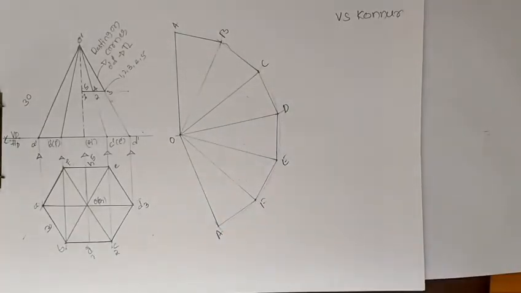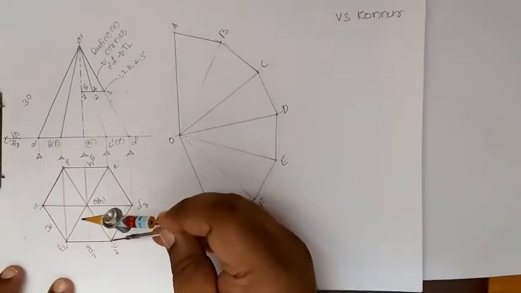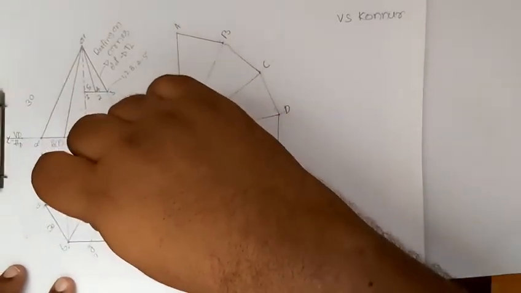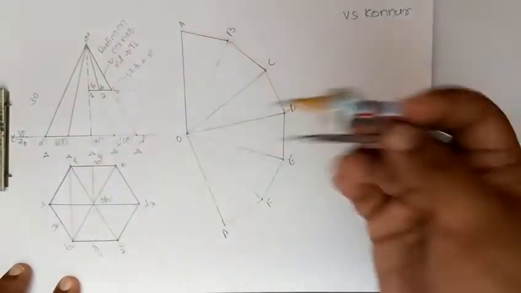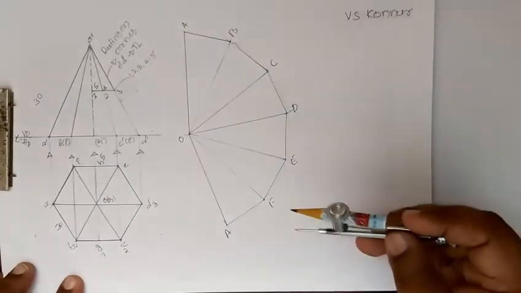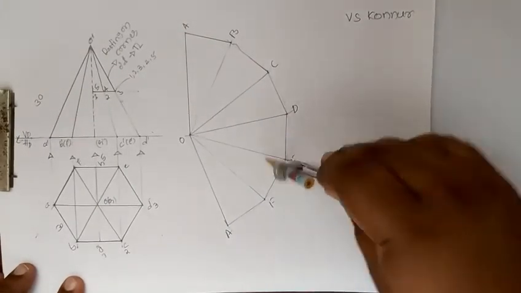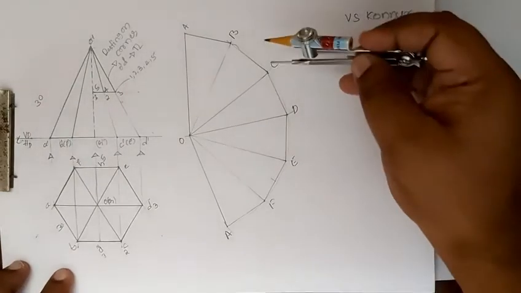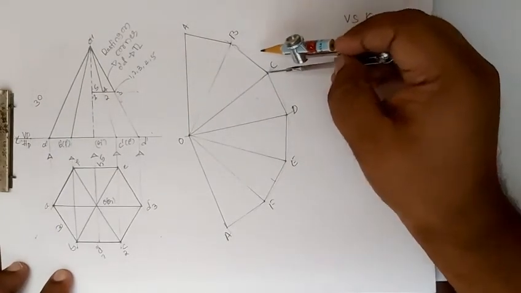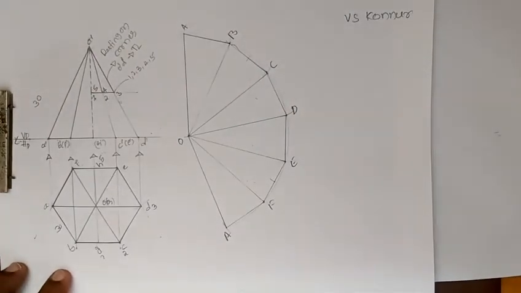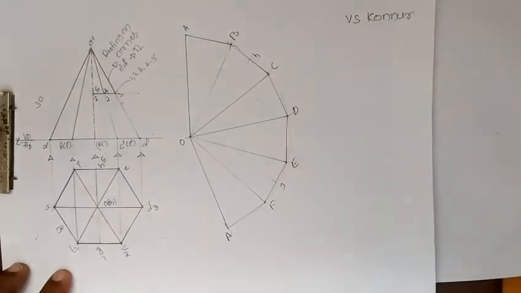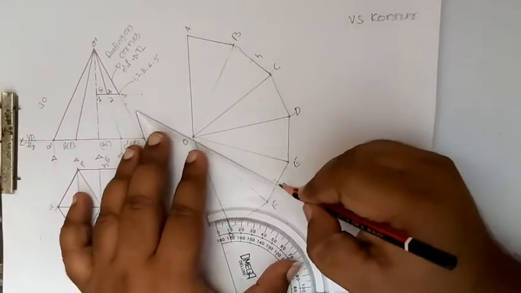After this, we should also take G and H distance. Both are having the same distance, I think. So G, take it from E. Both were having the same distance. From E I have taken E to F. E to F is one distance, and B to G, in between B to C. So we'll mark it from here. So we'll get H here, G here, and then we'll join these 2 points with an axis line.